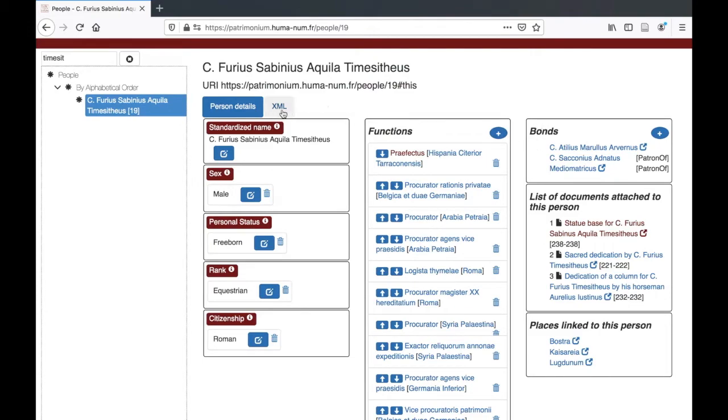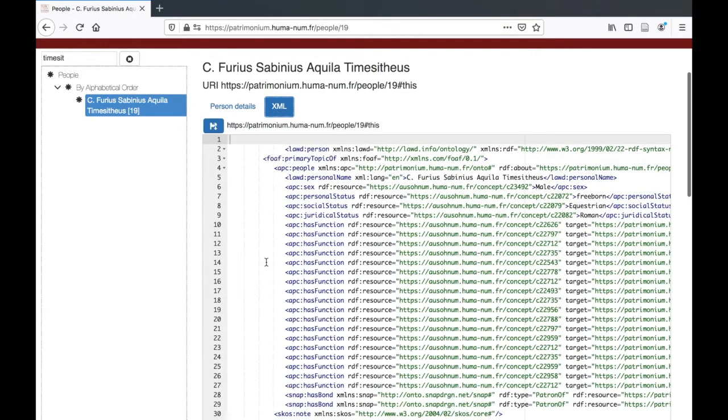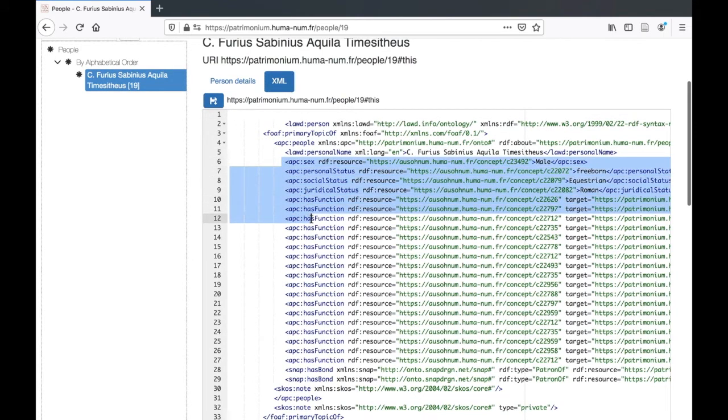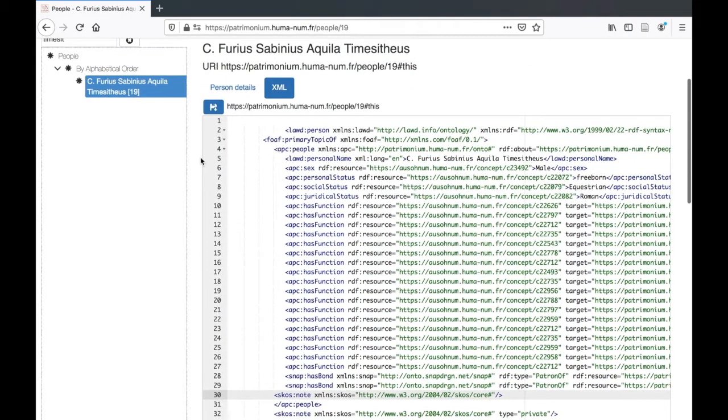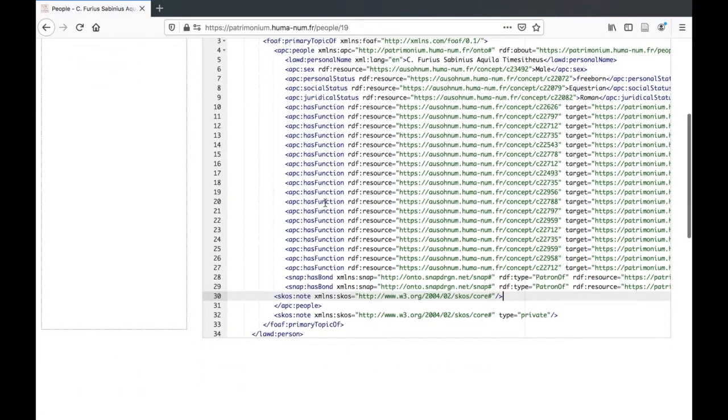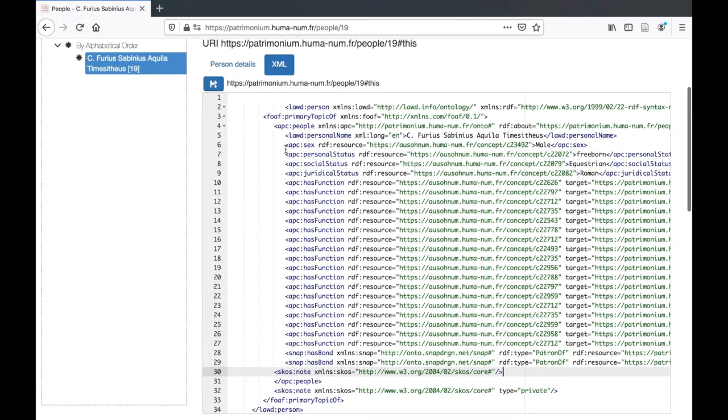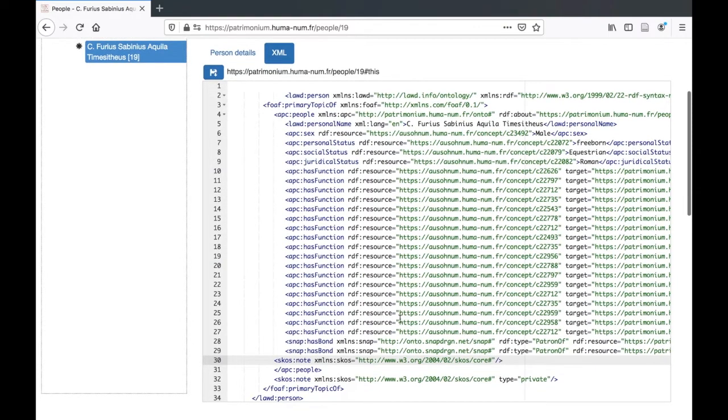The XML shows you all of this. You see, this is the part where all the functions are listed, and there is also the section with the relationships. If you really want to delete a relationship, you can just tell me and I can do that for you. Or you have to search for the element, like the snap has bond and so on,